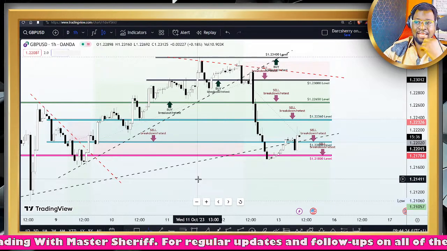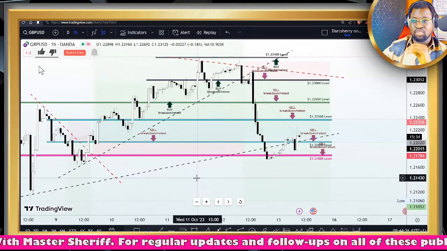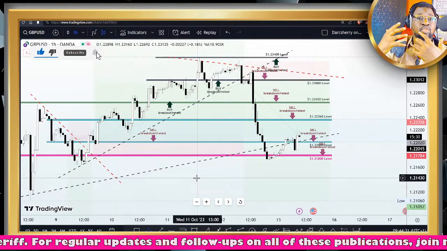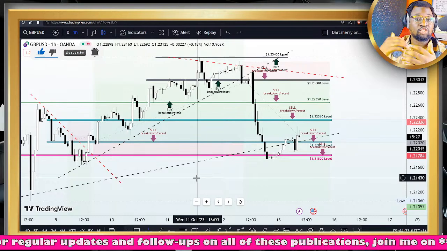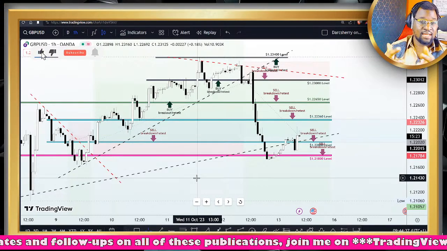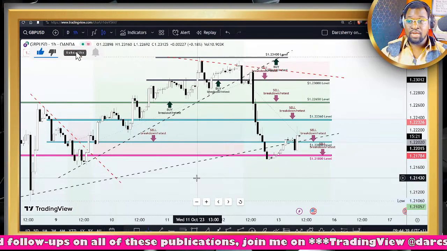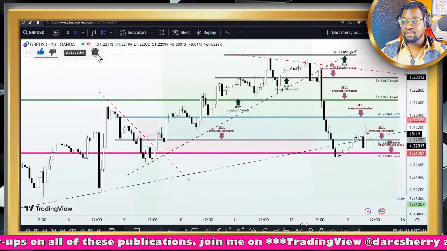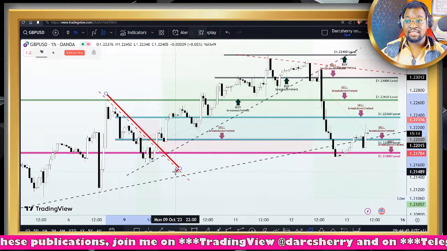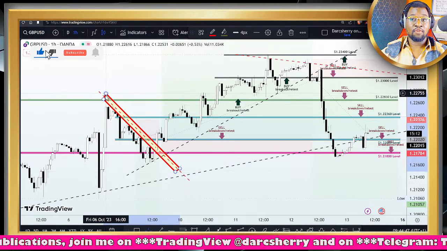Now, before we go into the details of what our expectations will look like, I would first of all run us through how this week started and what led to the decisions we were making. Remember, at the beginning of the week, we initially had a sell position running using this descending trend line here as our yardstick to guide trading activities on the first day of this week.